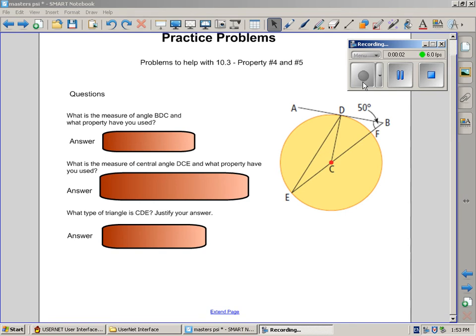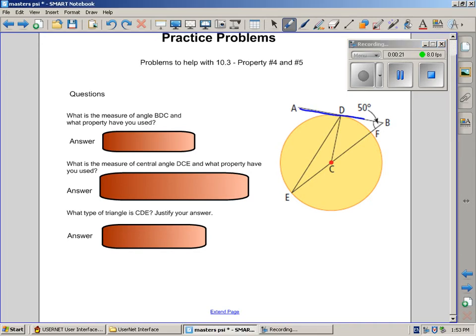Okay, the next thing we're going to do is take a look at some more practice problems that involve section 10.3 from our book. And these will help us out with properties 4 and 5. What we need to know from properties 4 and 5 is that what we have